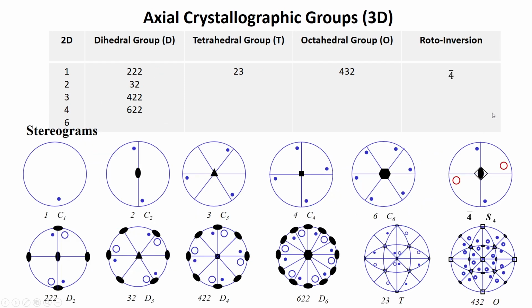Before I add the mirrors, this is just showing the representation of all these axial groups on a stereographic projection. All of them except for 2, which are the 2,3 and 4,3,2, their stereograms we will come to at a later part of this lecture, because in all other cases we always had an axis which is perpendicular to the stereogram, while in the case of 2,3 or 4,3,2 point groups, we also have axes which are at an angle to the plane of the stereogram, and therefore they look slightly more complicated because of the way the arrangement of symmetry is there.